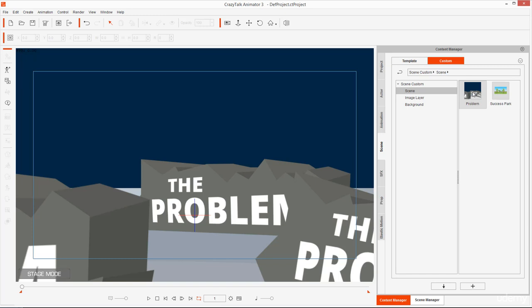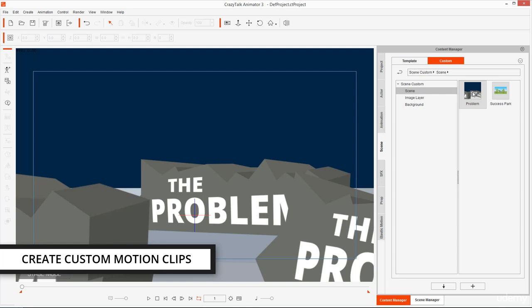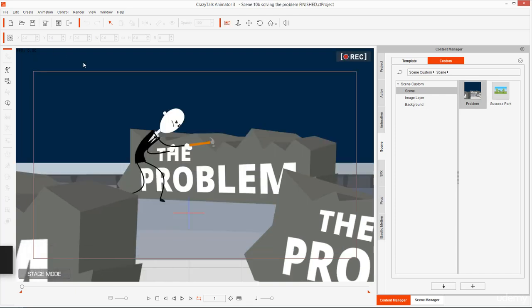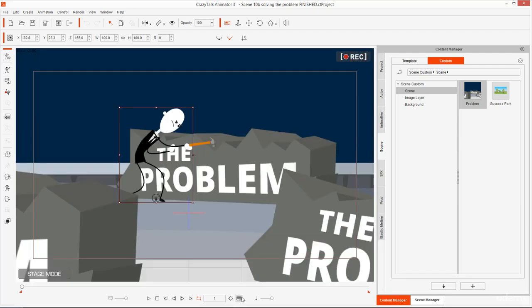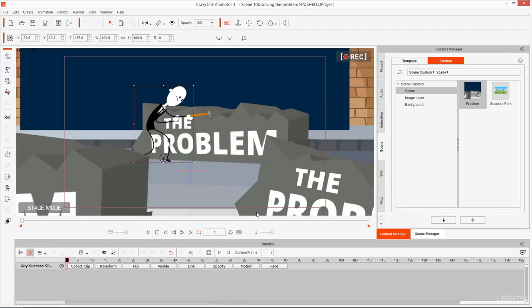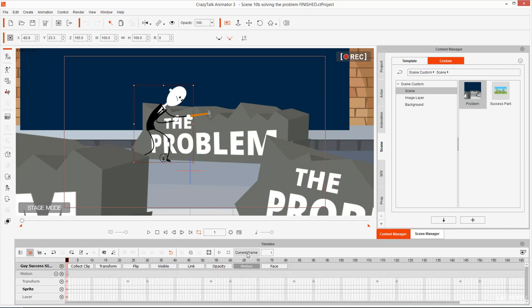Now, the nitty-gritty of our custom content. How to create custom motion clips. For this, let me open the file scene 10 again, solving the problem, and I will export the hammering action. I just select the character, then open the timeline pressing F3, or you can also click on the timeline icon, okay? And with the character selected, I'm going to click on motion, and there I can see all the keyframes